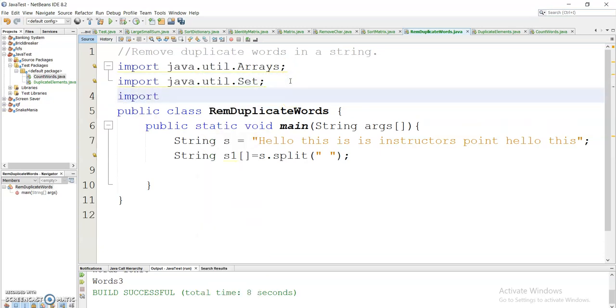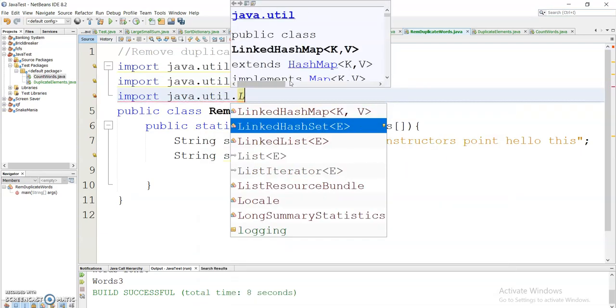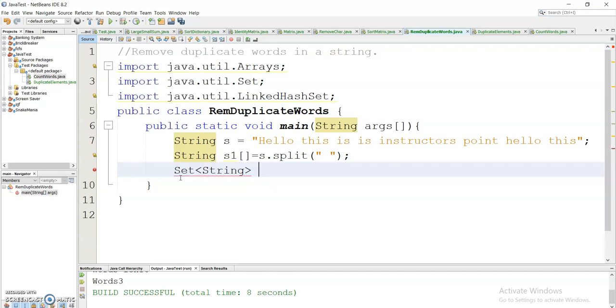Now I will store the elements of my string array in the set. So Set of type String, and its object is set a equals new LinkedHashSet, which will also be of type String.